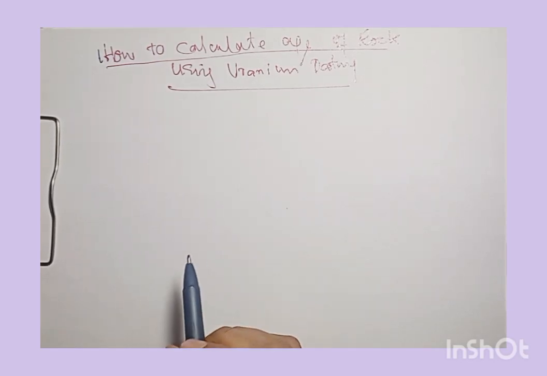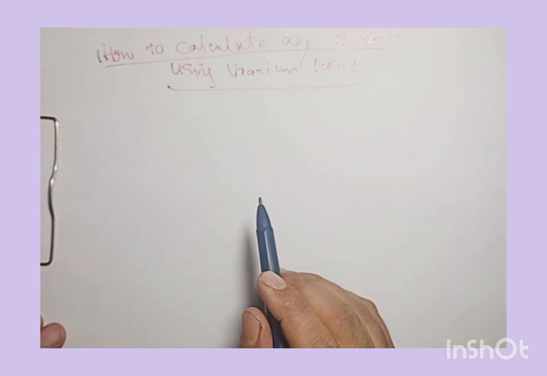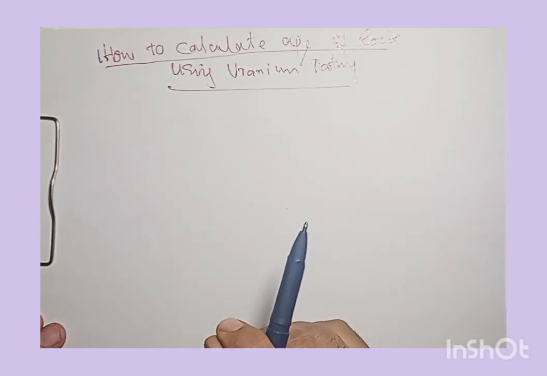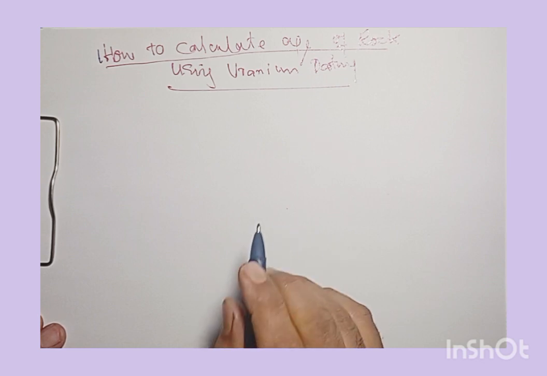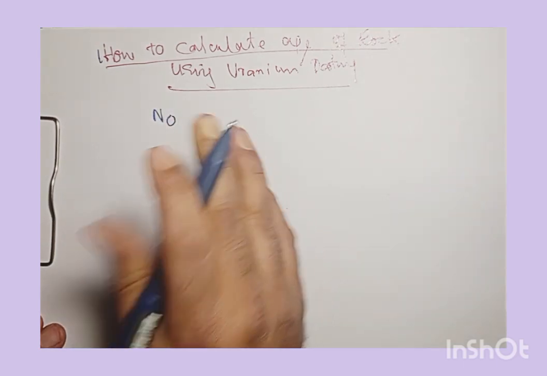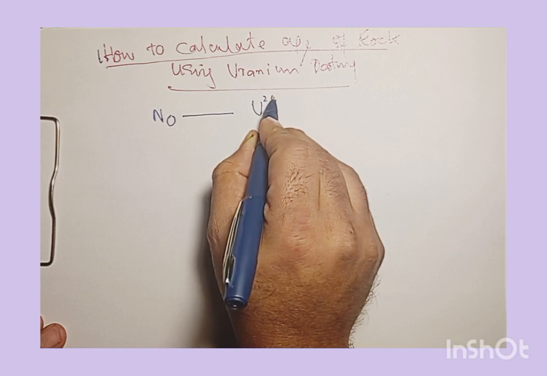Now in this video, let us see how we can calculate the age of a rock using uranium dating. In this case, the intuition is basically to obtain the equation that can be used to calculate the age of a rock. So if I assume that N0 is the original number of uranium 238,